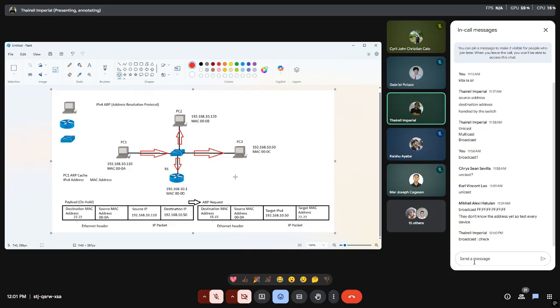Okay. What's the next thing that will happen, given that you guys have already learned this from your previous lesson? What will then happen to that data packet, that ARP request packet? So let's say it has been received by PC number 2.